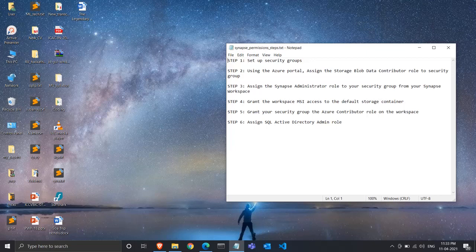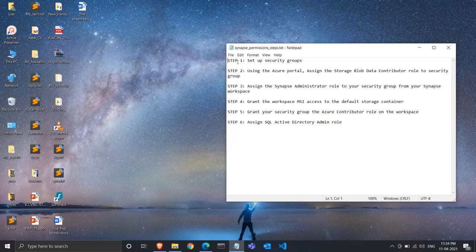So in this video, I'll show you how you can grant access control to the Synapse workspace. You'll set up a workspace and configure a basic access control system suitable for many Synapse projects. Synapse access control can be simplified by using security groups. You need to add and remove users from the security group in order to grant or revoke certain kinds of permissions from the user.